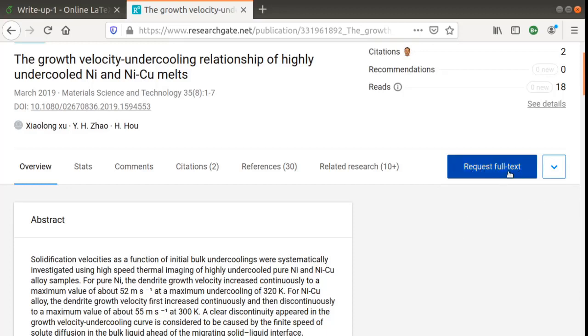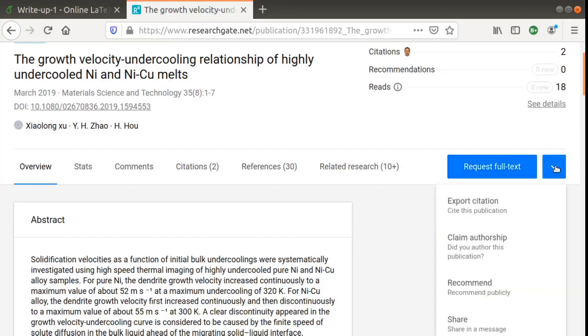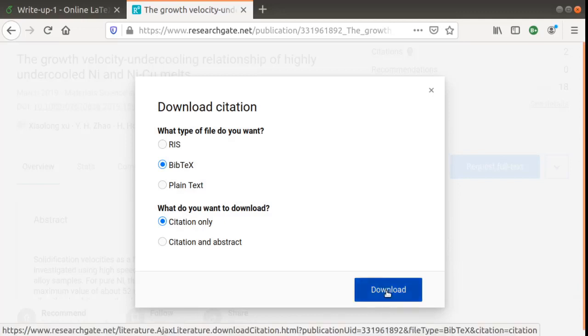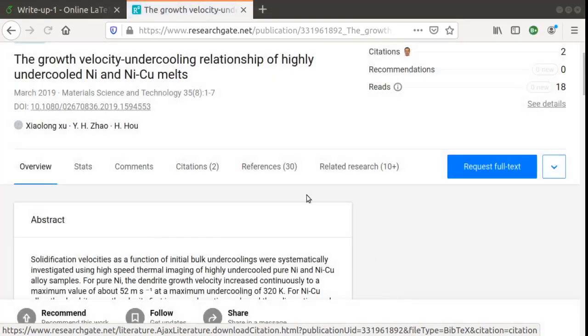So here beside the link request full text, there is a button which, if you click, has an item available to export the citation. So click on that, and you can export the citation in different formats. BibTeX is the format that we choose, and the citation is adequate for us. Now when you click on the download button, it would open the